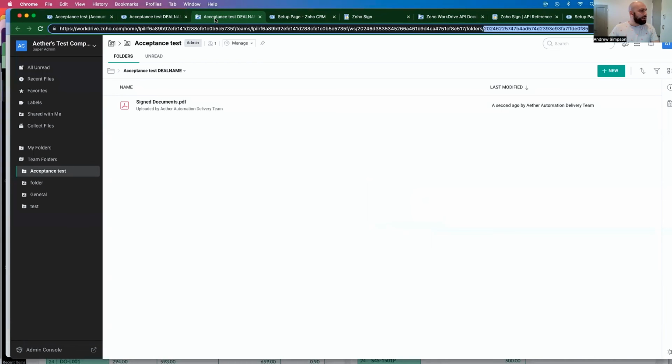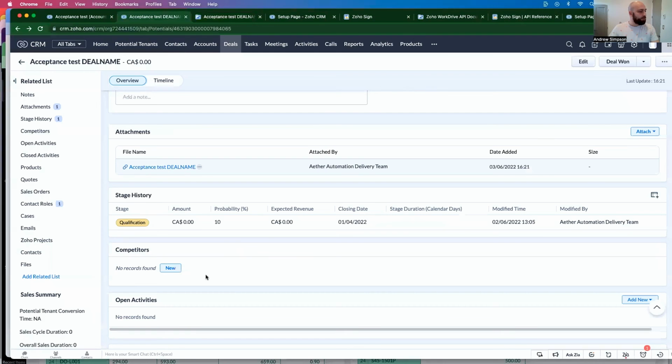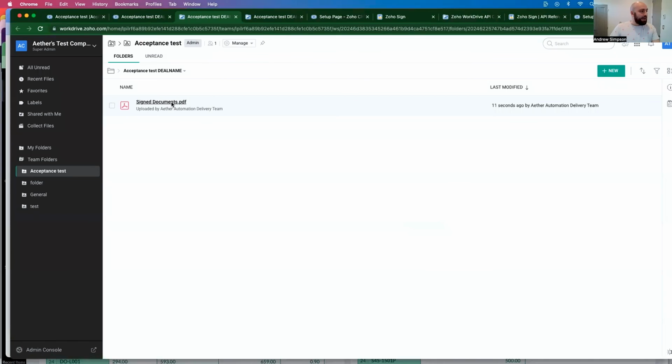And now when I go to here, here is the folder, the Workdrive folder that is attached to the deal. And the file is in there. And if I open it up,